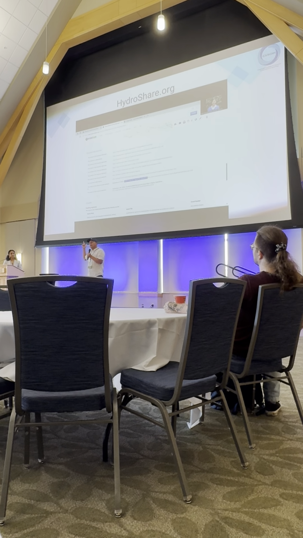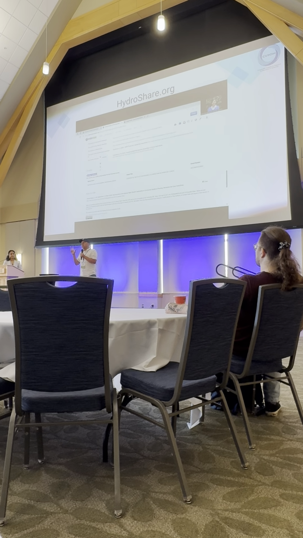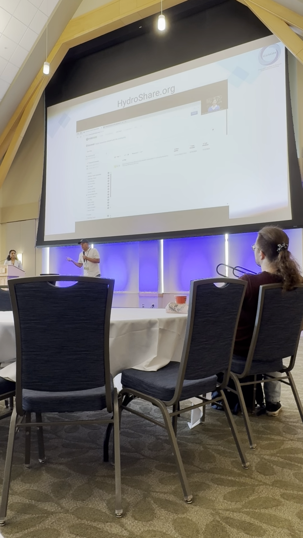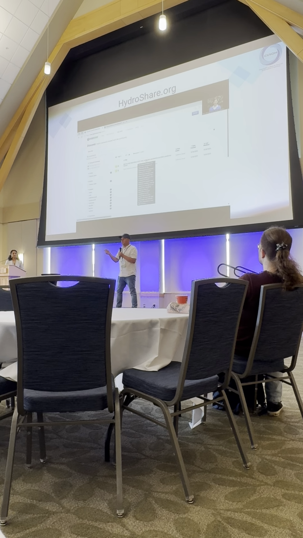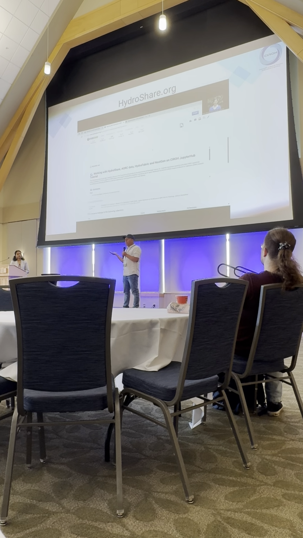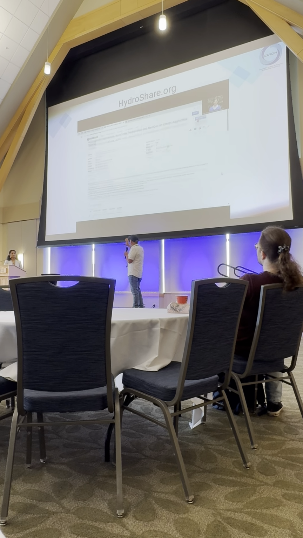a DOI. Now be careful with the DOI, because when you fully publish your data on HydroShare, it is now an immutable object that isn't for changing later. So in the same way when you publish a research article, you can't go back in and call Elsevier and tell them to please change paragraph 3, article number 2 in your paper. In the same way, once you've published your data in HydroShare, it's immutable, it's locked. So you don't have to publish it, you can make it public, and you can still get permalinks and modify it and so forth.